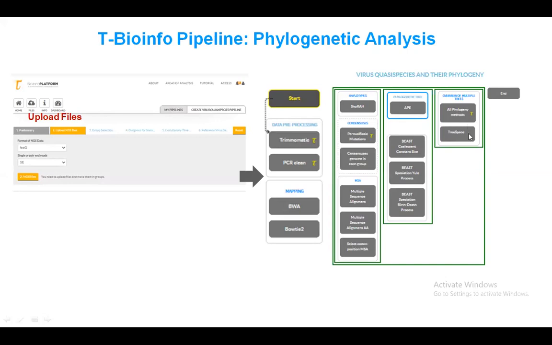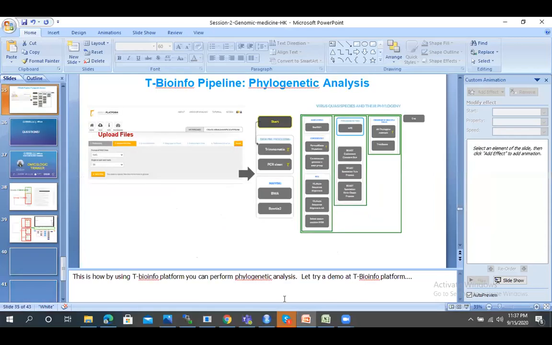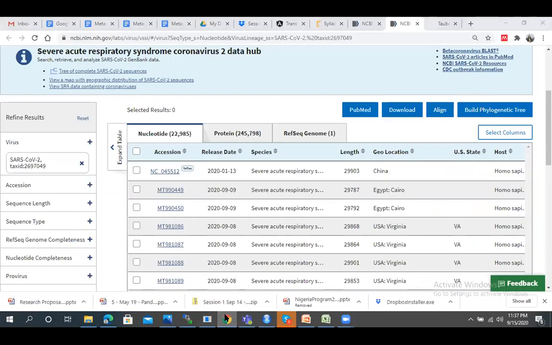Then tree space filters out and chooses the best tree, because phylogeny methods usually generate multiple trees for every combination. So let's go to this demo. This is available on our platform.